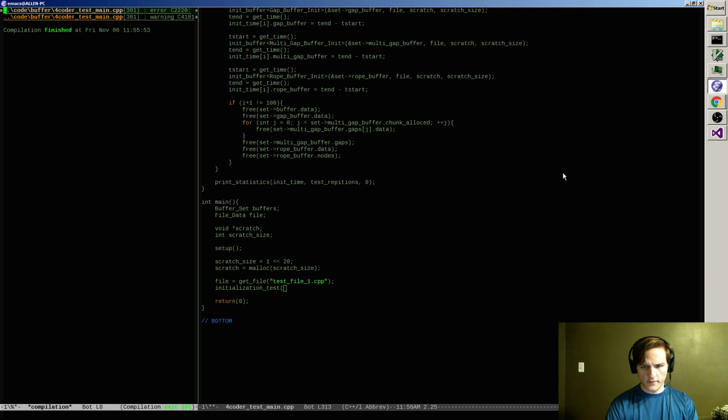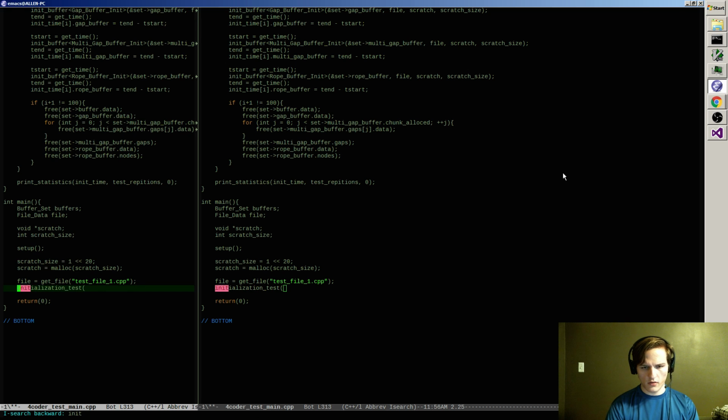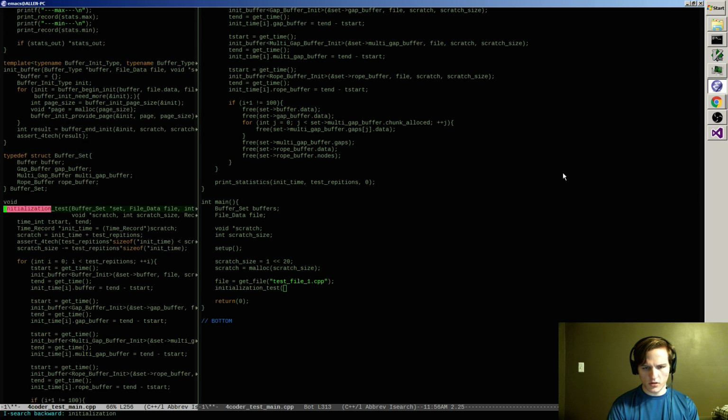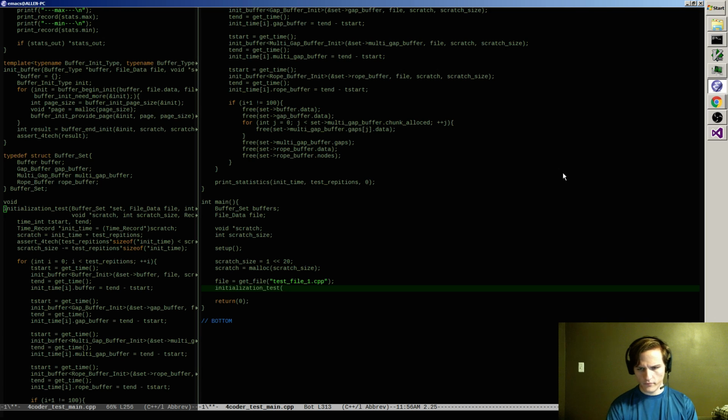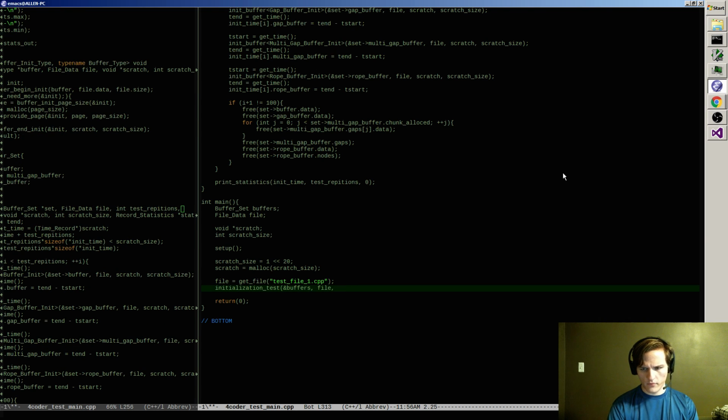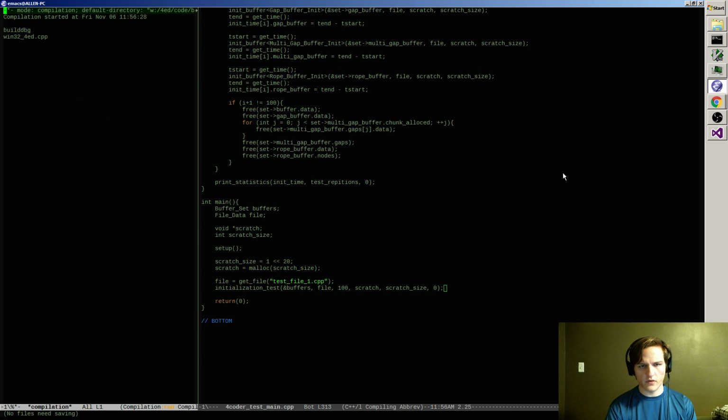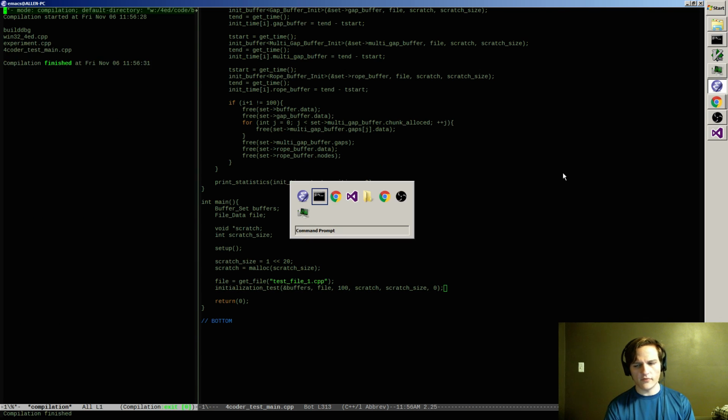Initialization test. Let me pull up the test file over here. Initialization. So we have the buffers, the file, 100 repetitions, the scratch memory, the scratch size, and no output for statistics right now, except through the screen.